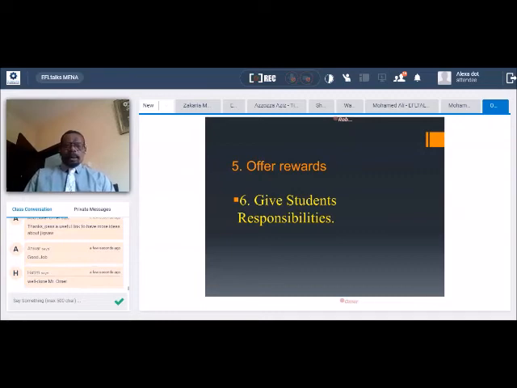Another point: give the students responsibilities. Wow, I think this is a very important part, especially for the naughty students. You need to control the naughty students. So automatically, when you control them, they are going to be active students. Give them some responsibilities, and these responsibilities are going to be a privilege for the students. And I'm sure this student is going to be changed completely from negative to positive if you give them responsibilities.